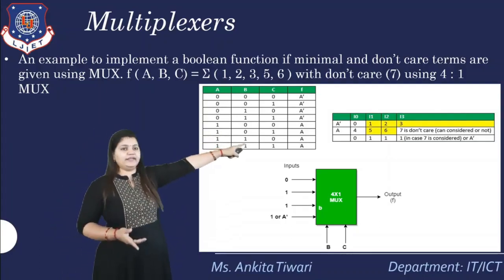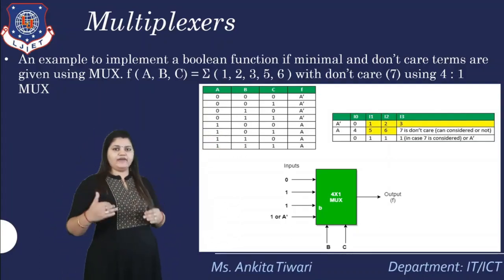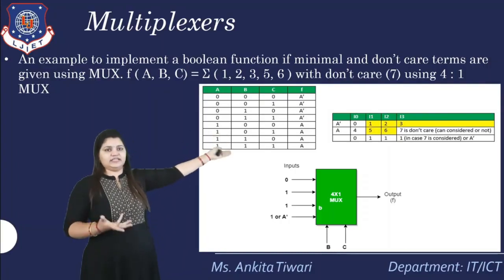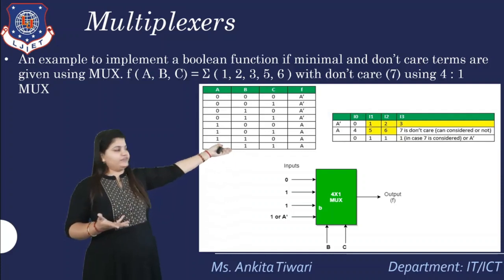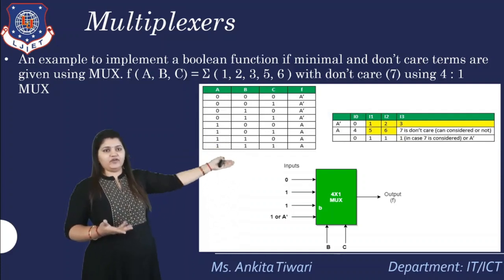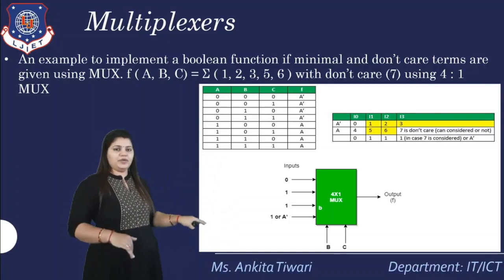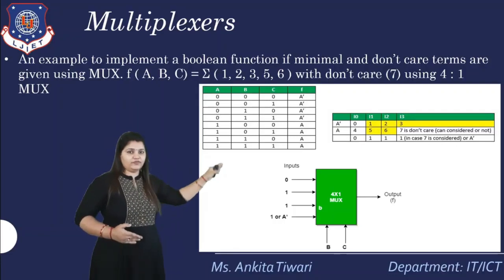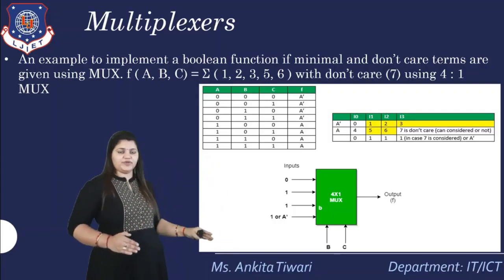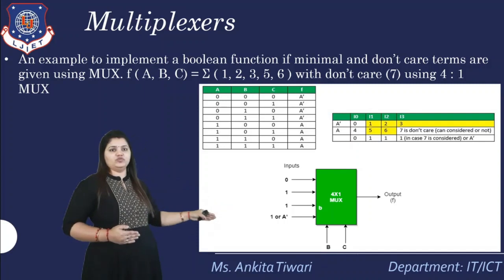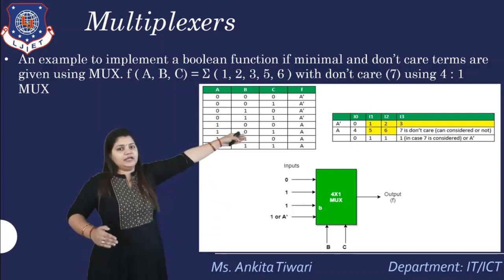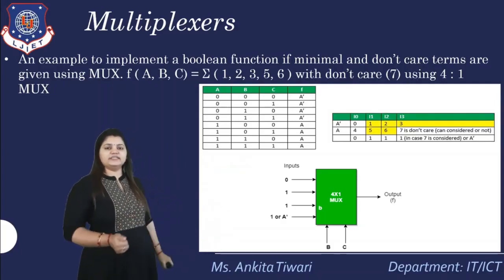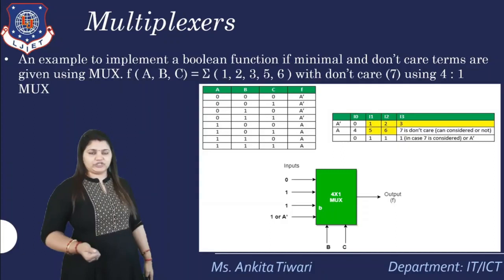As you can see in the second table, A bar and A. Here they have taken A as the common variable and put 0, 1, 2, 3, and we have put the values in and taken what the terms will be for the multiplexer, which we use in the design, that is a 4 cross 1 mux. Here the 4 inputs are defined because a 4 cross 1 mux is used at the 0th, 1st, 2nd and 3rd positions, which we got in the implementation table, and here I have applied it and will get the output. So this is the design of a multiplexer for the Boolean function.